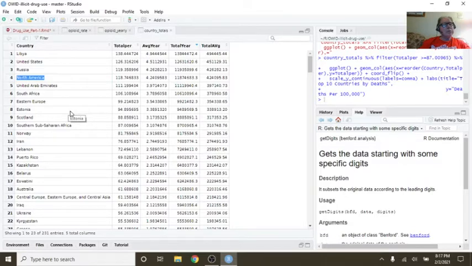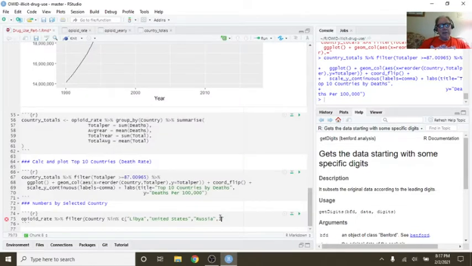That's somewhat interesting. Okay. Didn't notice that they actually have some country totals. It looks like some continent totals in there also.